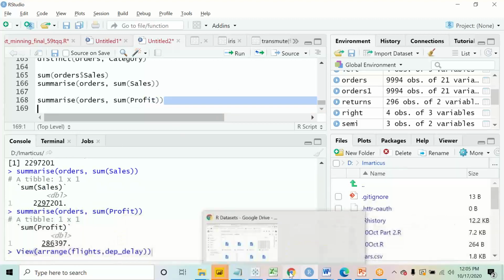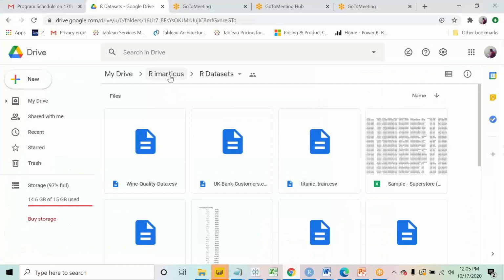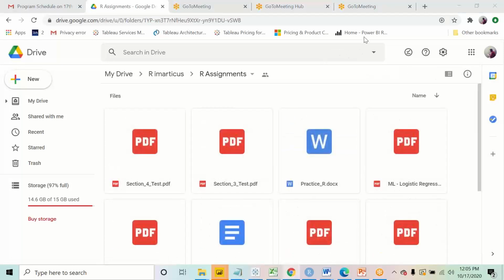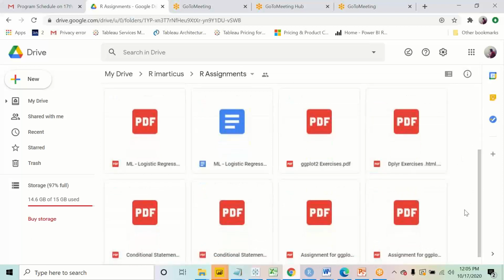Now, for the benefit of all of you, so that you can practice, in the RMarticus folder, in the assignments, you will find an assignment for the dplyr package. So here it is: dplyr exercises. You have to do this exercise as part of your homework.